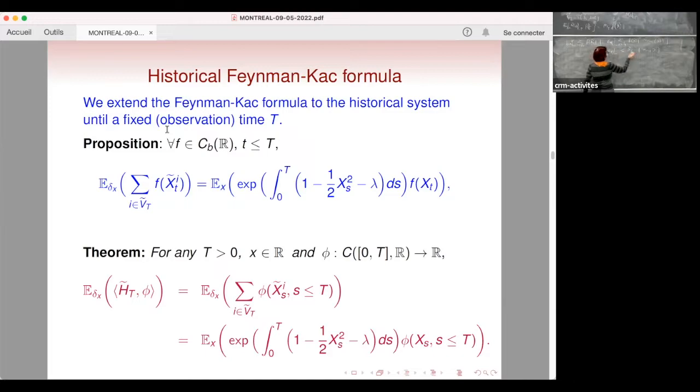We are at the level of measures, and now we are at the process, exponential integral from 0 to t of, oh yes, for convenience, I will write this function h of x. So remember, that's the usual Feynman-Kac formula. And now